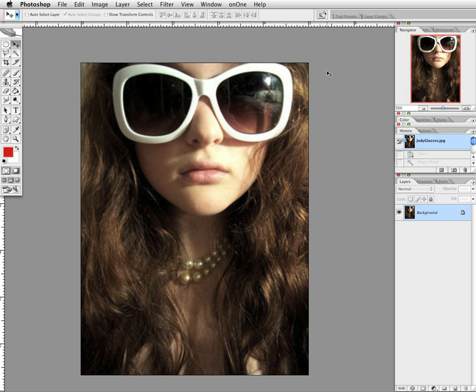Another clipping mask feature is when you actually combine two photographs together. And so that's what I'll show you right now. Here I have an image of a young woman wearing sunglasses. And what I'll do is I'll use the magic wand tool to select her sunglass areas, or the inner glass,